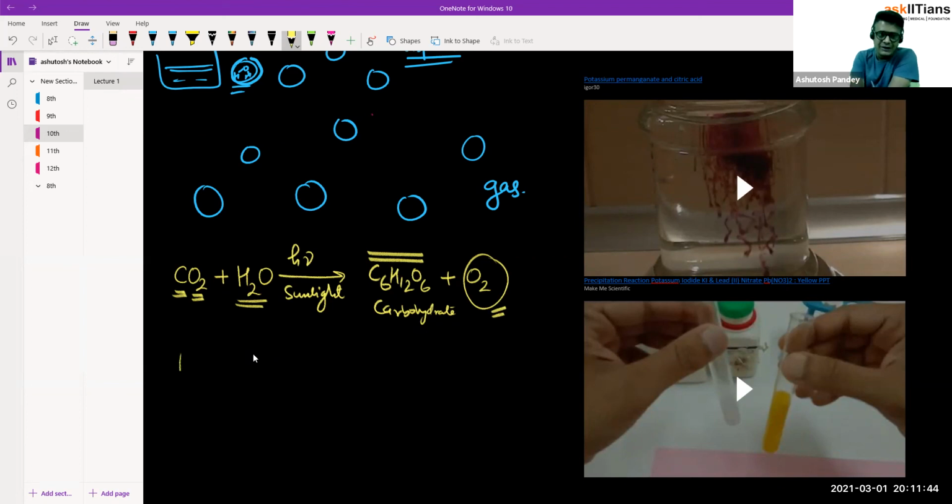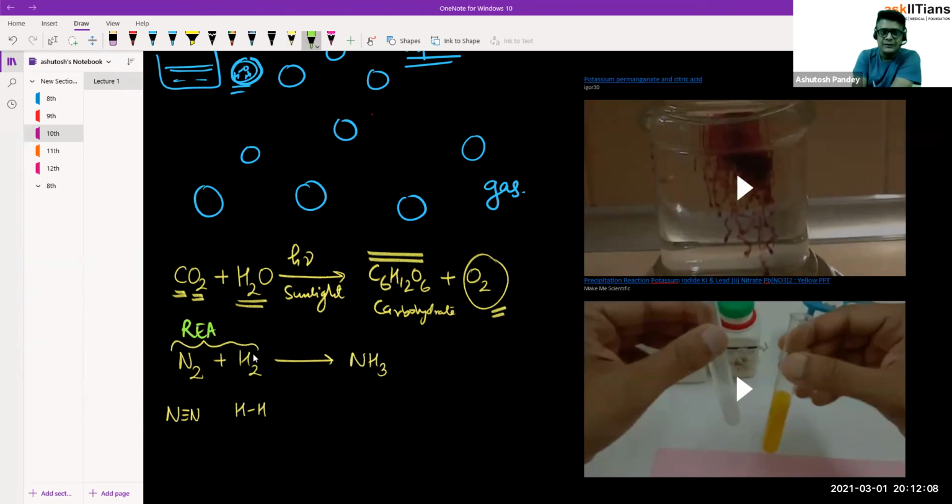Or let's take another example, N2 plus H2. N atom was bonded with another N atom, H atom was bonded with another H atom. Both of these reactants, these are called reactants,